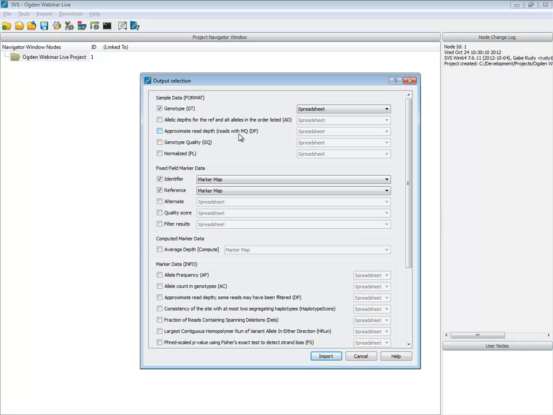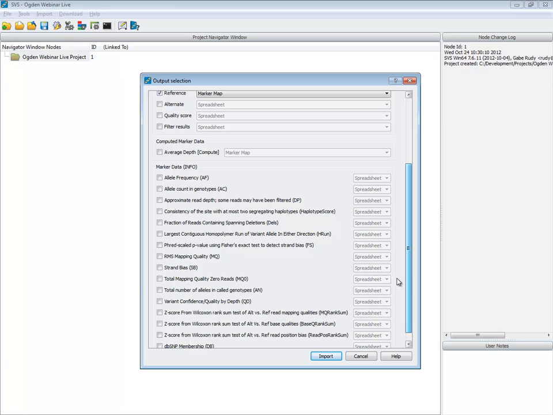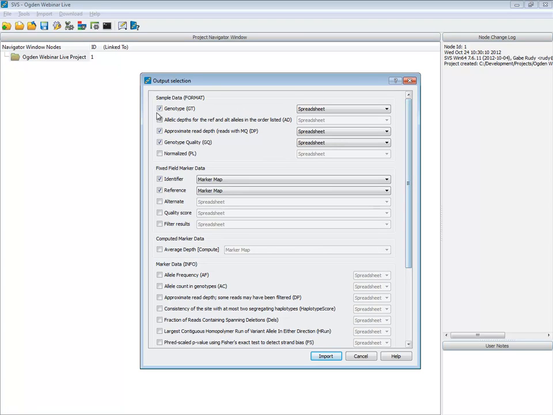So let's go ahead, and you see there's a couple of different alternative data points with our genotypes, which is going to be our most important thing to start with. We're going to grab read depths and genotype qualities. Again, there's a lot of extra supplemental information here. Most of this is just statistics based on GATK's methodology, but we can focus on read depth and genotype quality.